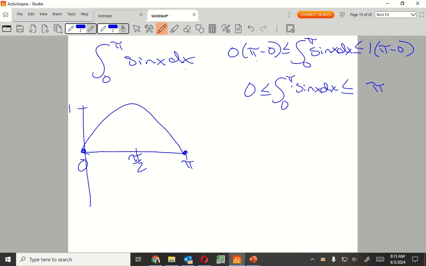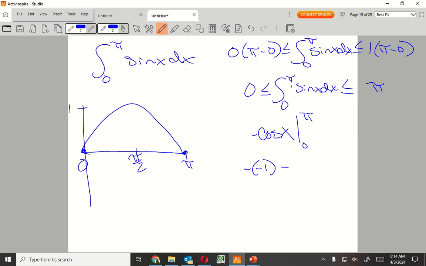Now, let's do my sine of x. What is the integral or the antiderivative of sine of x? Negative cosine x. So that's going to be negative cosine x from 0 to pi. All right, so what is cosine at pi? Isn't pi all the way on the left? Negative 1. So this is going to be a negative times negative 1